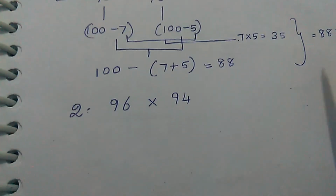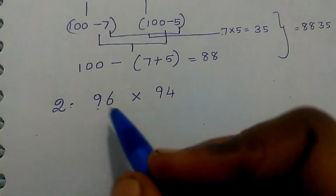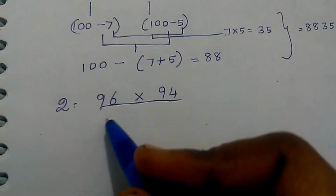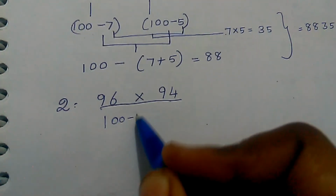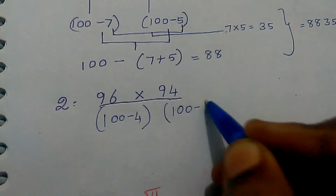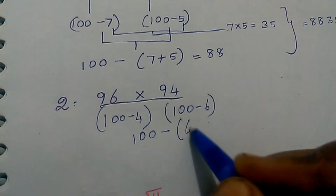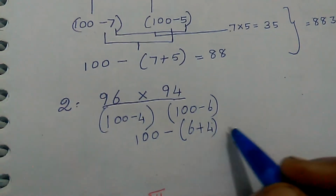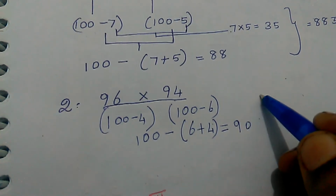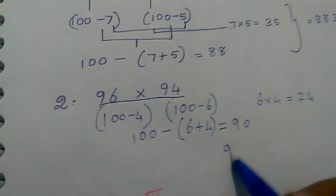Well, let's go to another example. You can do it by yourself. So 96 and 94. How will you write it? And the answer is